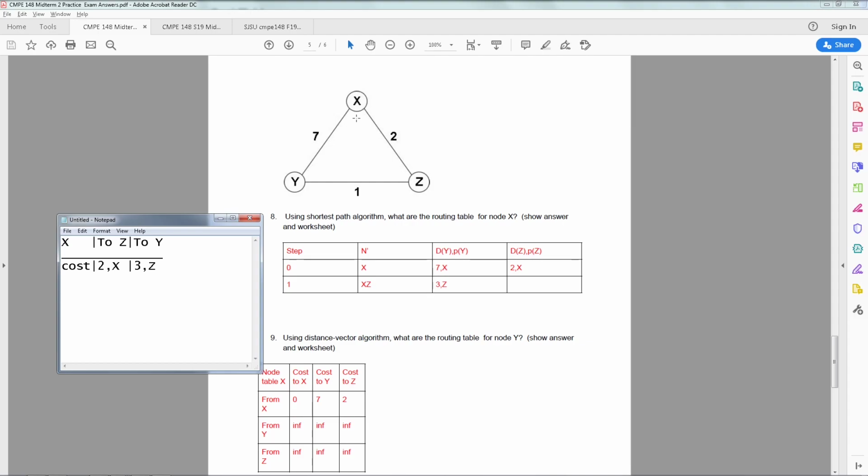Really, a real routing table will have interfaces, and you would show the interfaces that you would use and the cost associated with those interfaces. But in here, this topology is very simple. So for the midterm, I think I'm going to give you interfaces. But yeah, so if it had interfaces, right, I would say like